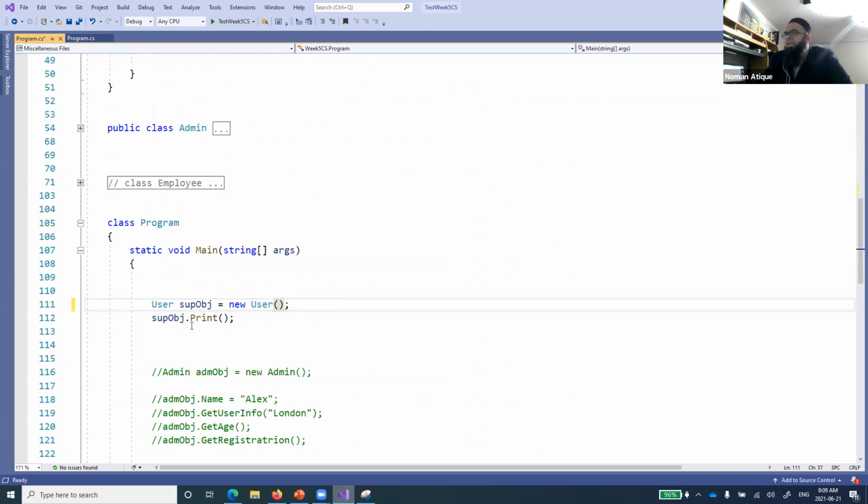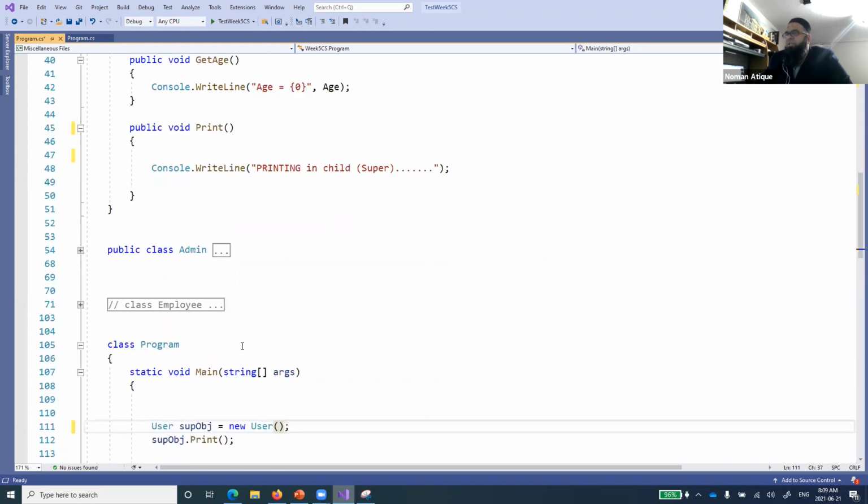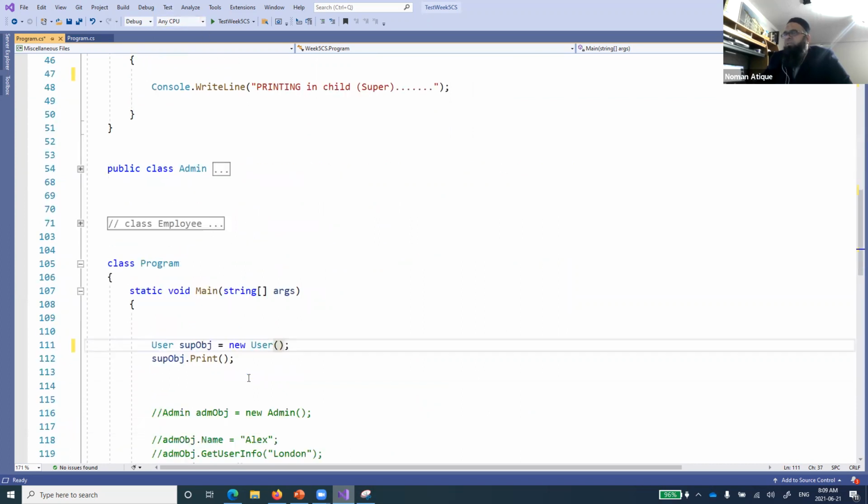What it will do is just call its print function. Again, we are just concerned with the print function. We are not talking about the get location right now. So if I run that,